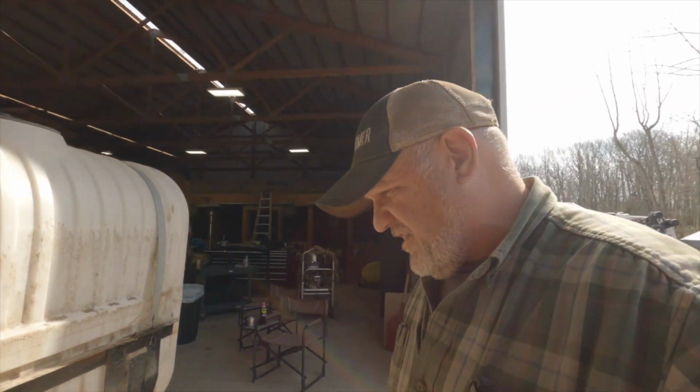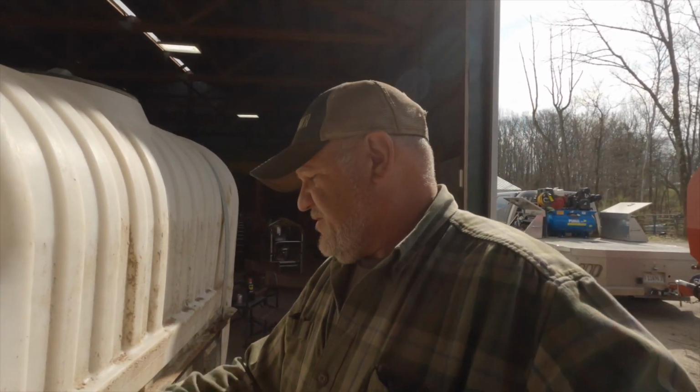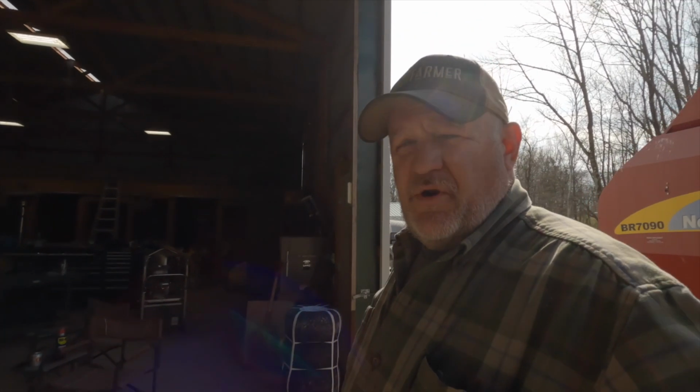So I'm going to take the tank out of this stand. I've got 2 of these things. These were originally, I think they were side mount tanks on an old Steiger tractor. I'm going to take the tanks out. So I've got to take these straps off. I'm going to take the tank out. I'm going to pressure wash this up, kind of sand it a little bit, and just put a quick coat